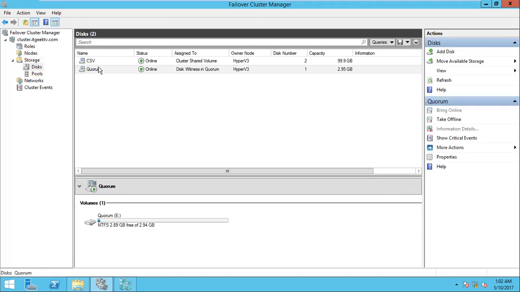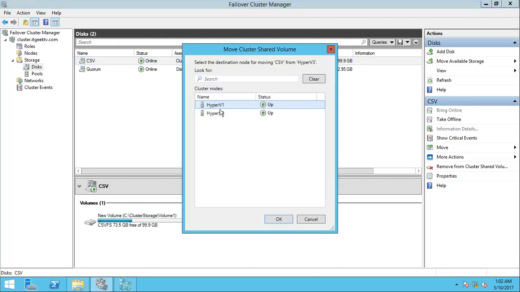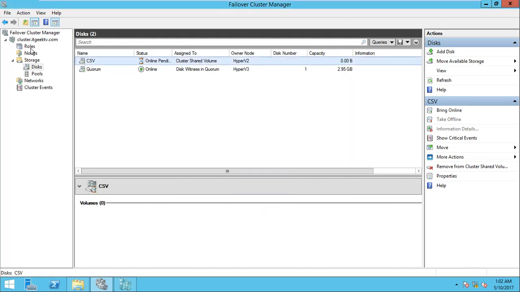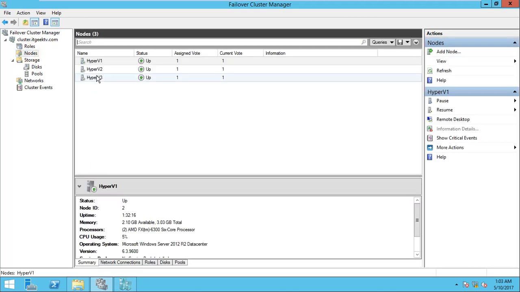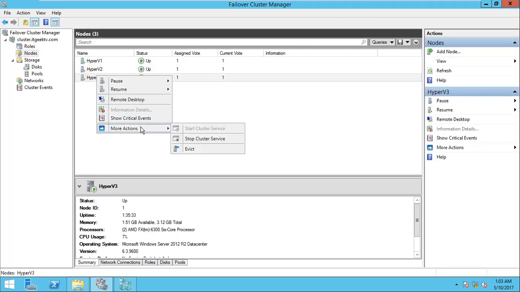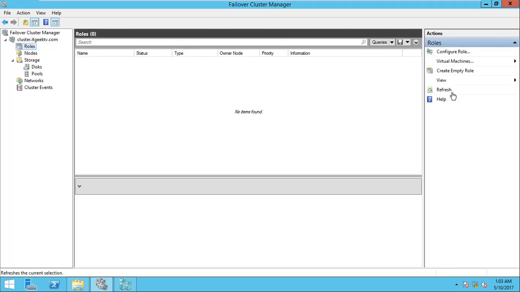First I have to move the cluster disk to another node, so I select Hyper-V 2. Then I have to stop the cluster service on Hyper-V 3. For the moment it will give me a no items found issue, but we'll wait a few seconds.